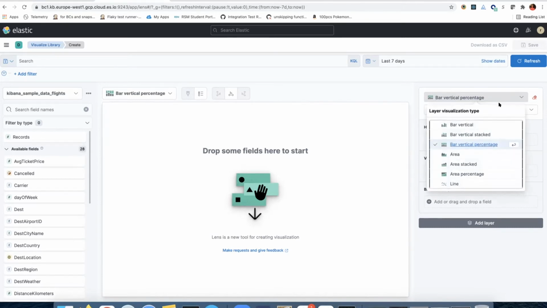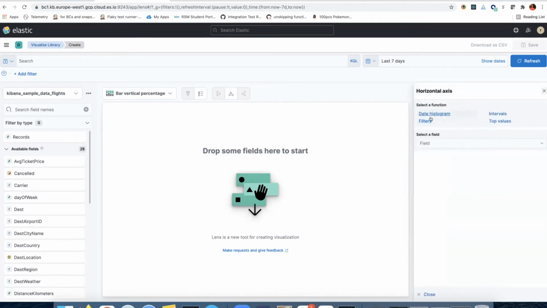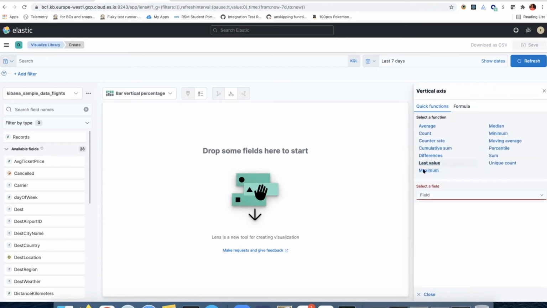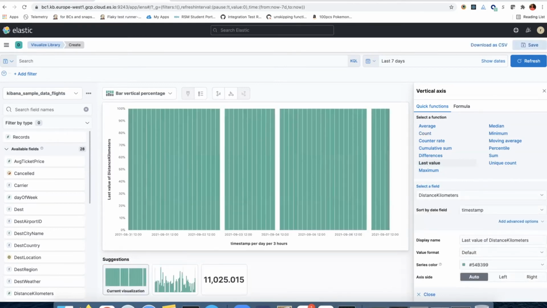You can just drag or drop. I'll just give you a random example of how you use back and forth tab order keys and up and down keys, and then display your charts. And this Lens app is a very powerful app. It gives you suggestions. It gives you all kinds of